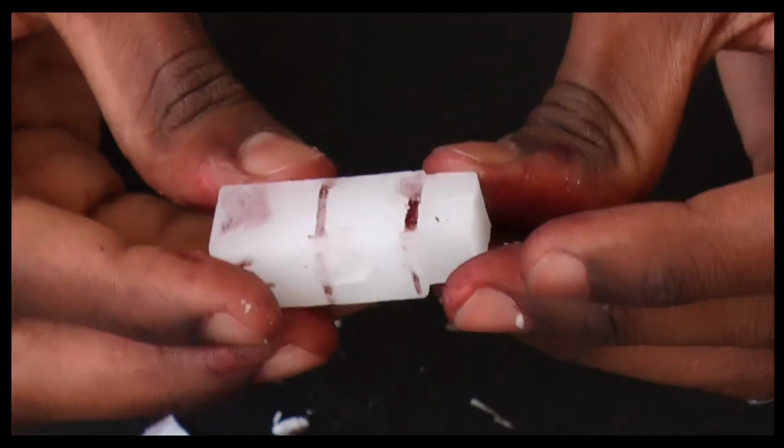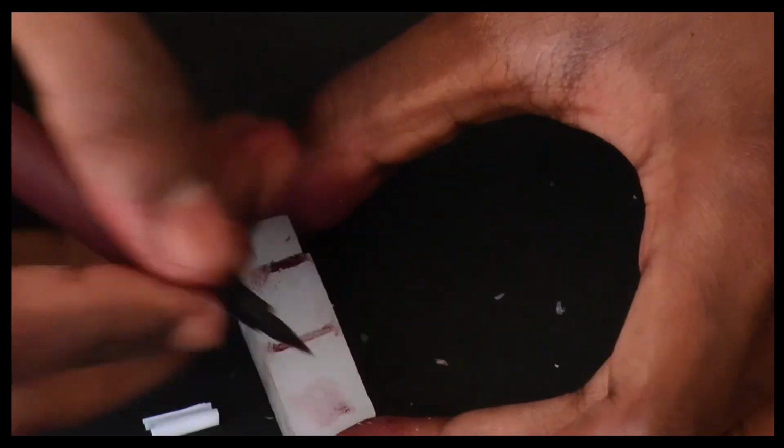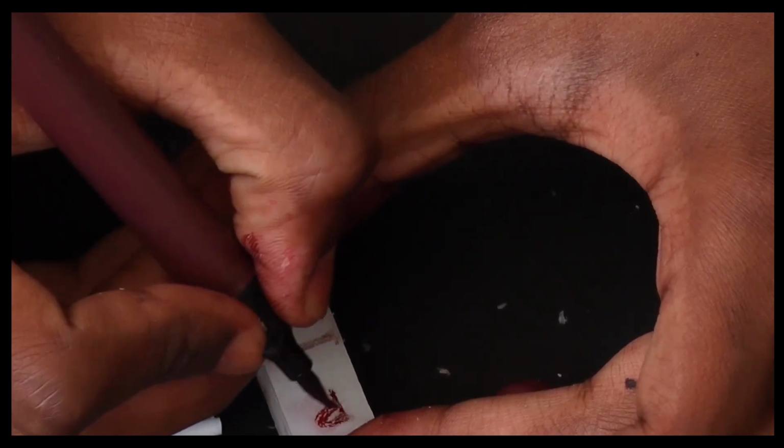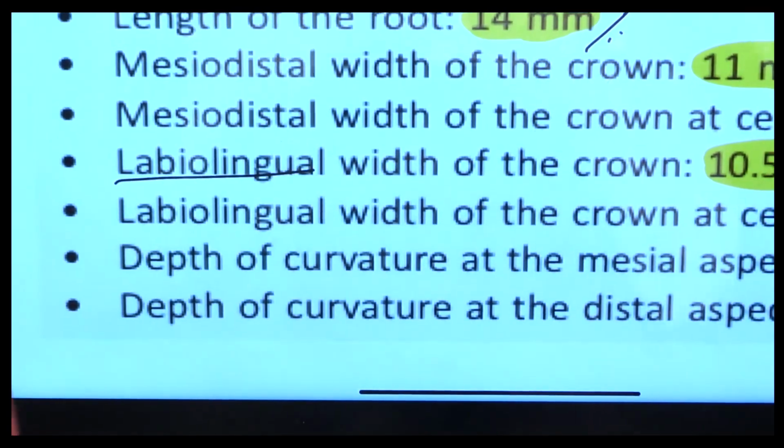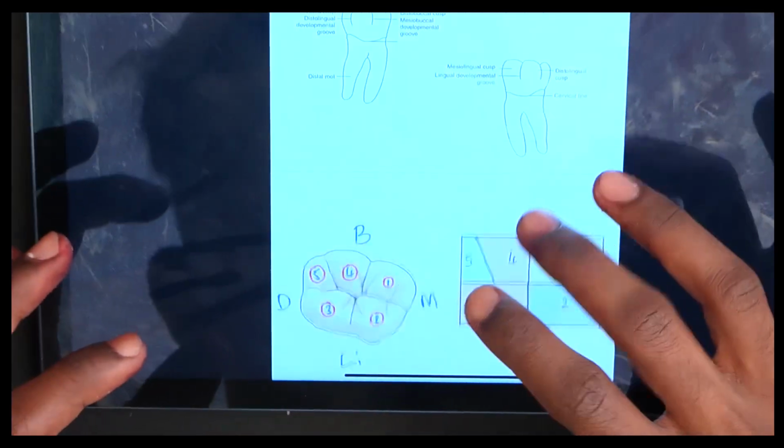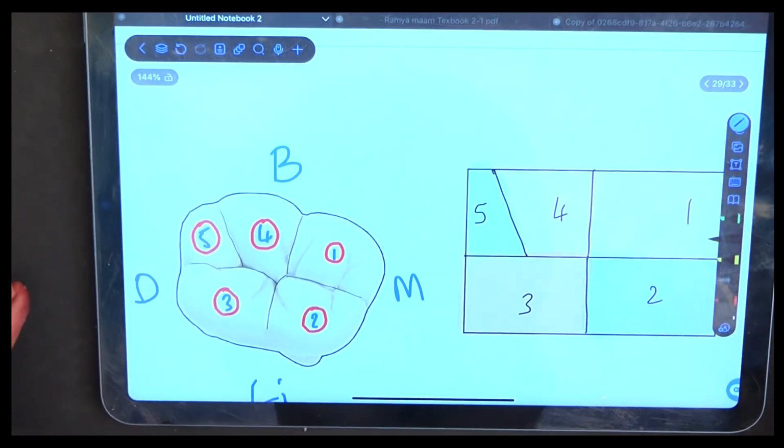So I've prepared my block. This was my buccal side. I'll now start my carving. But before that, let me orient you with how you have to do this. So, when you look at this tooth, it has